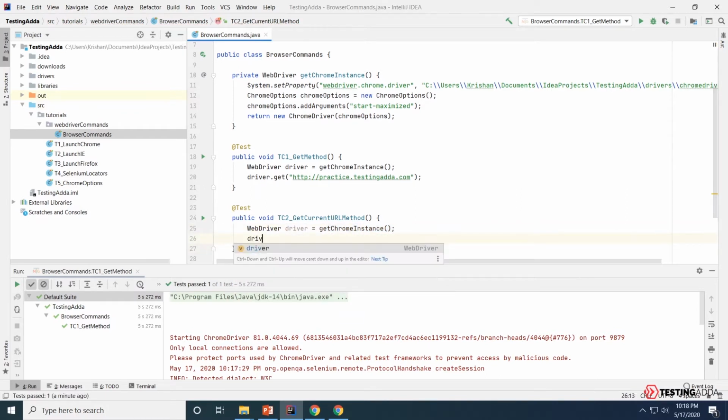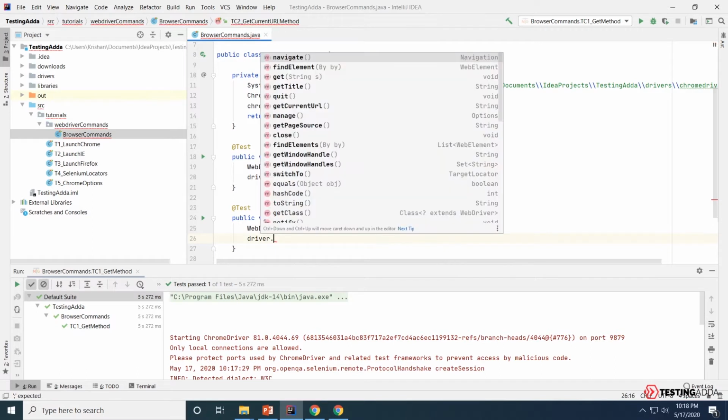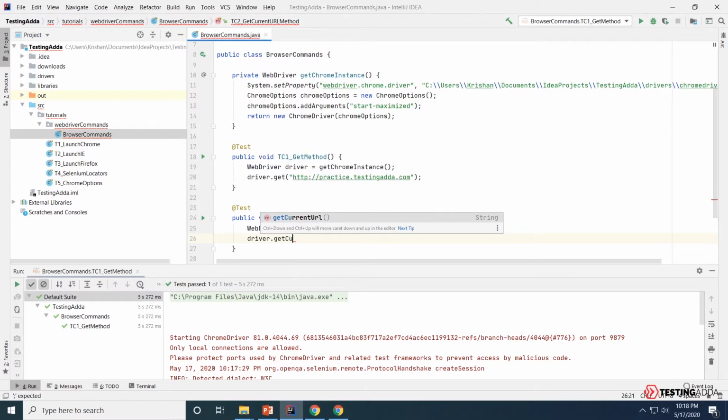Now once I type driver and press dot, I'll be able to see all the commands available, and this command comes from the WebDriver library as well, or the WebDriver class as well. So it is going to be get current URL. As you can see, this method accepts no parameter but returns a string value which is going to be the current URL. So I'll go ahead,